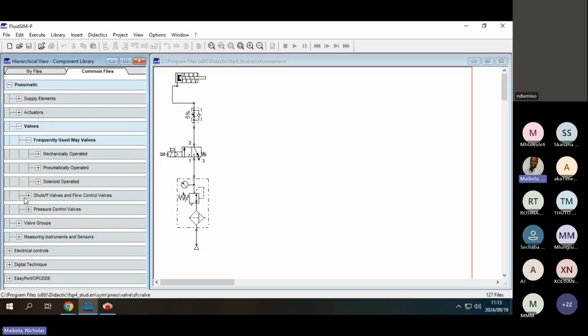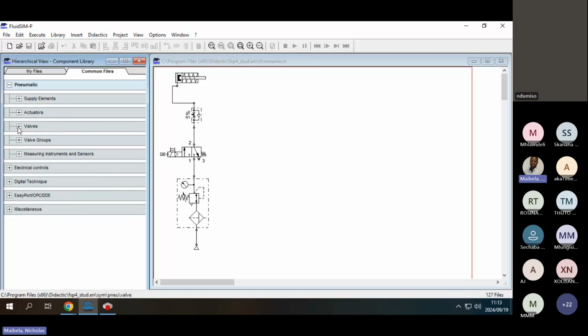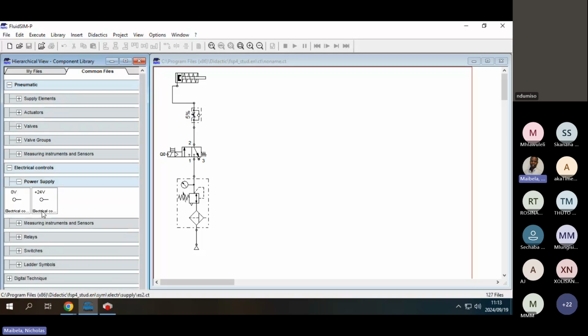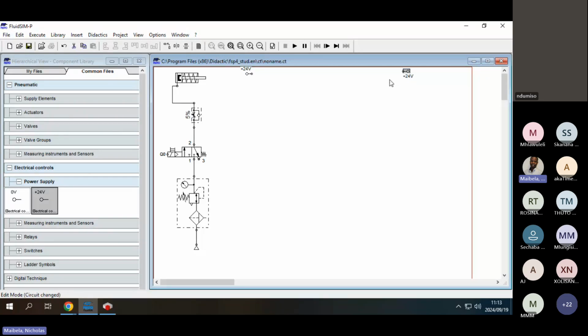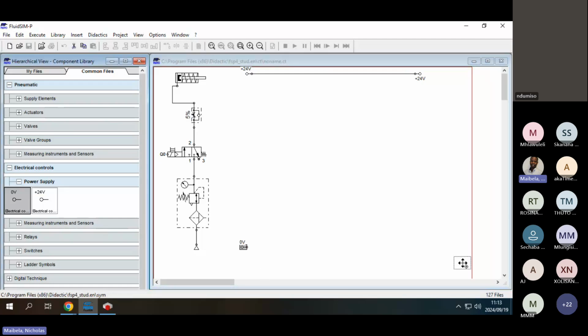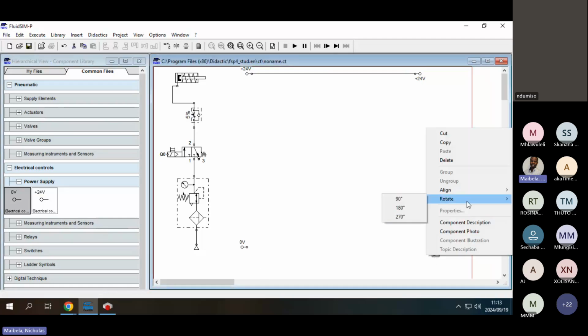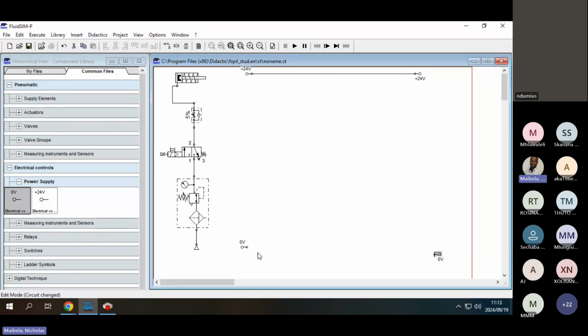Let us connect our electrical circuit. We'll go to electrical controls. Under power supply, you'll put your 24 volt there. Then you connect that. And then we have our 0 volt there. Then you connect that, right? Okay, after this,